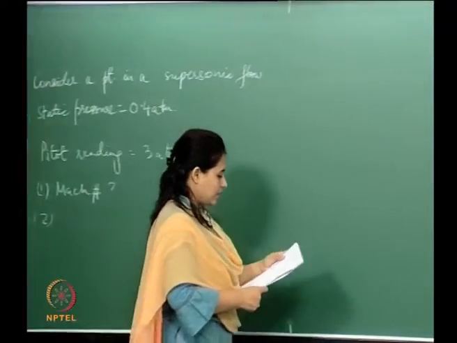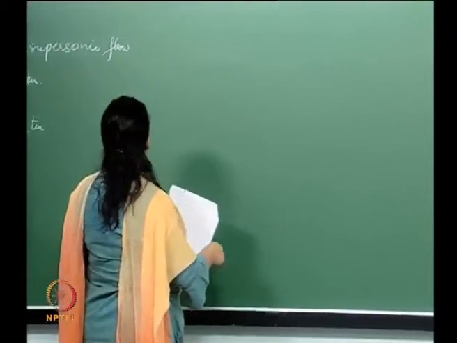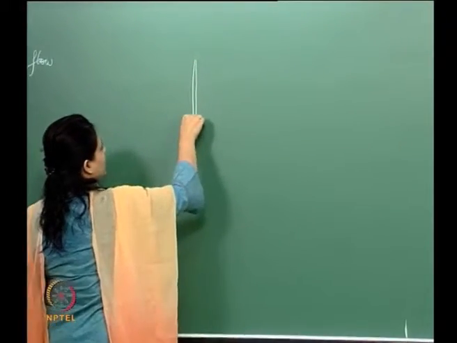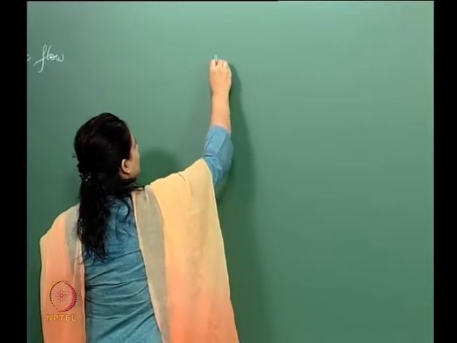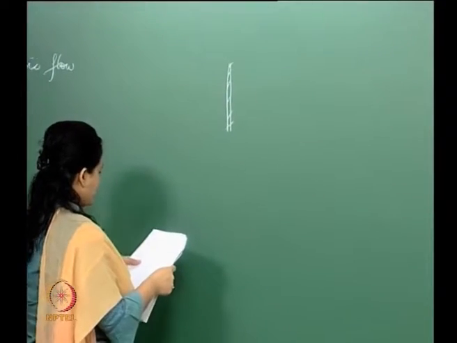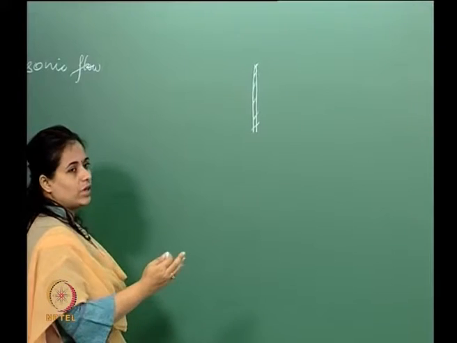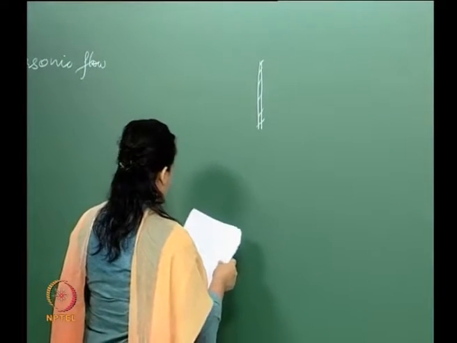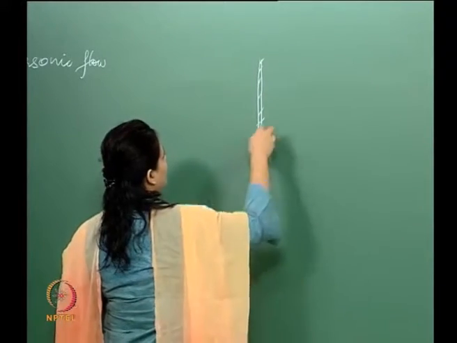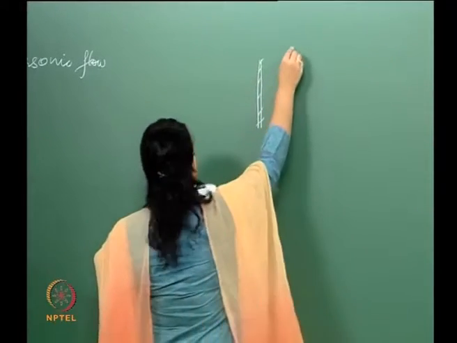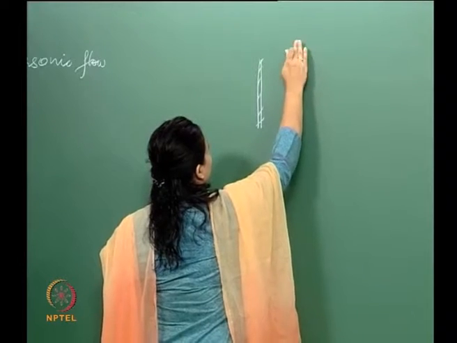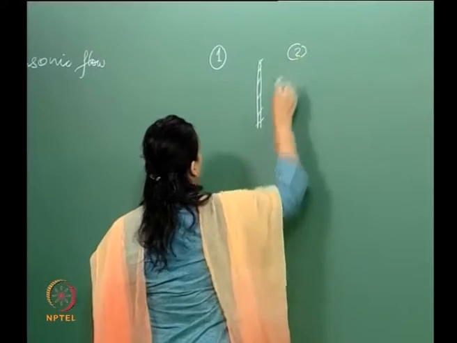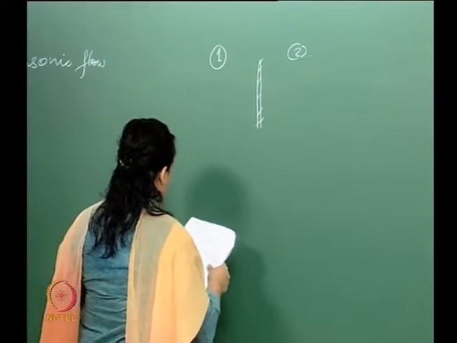So what we can say essentially is that it's a supersonic wind tunnel, so it is going through a normal shock. If I say this is 1 and this is 2,